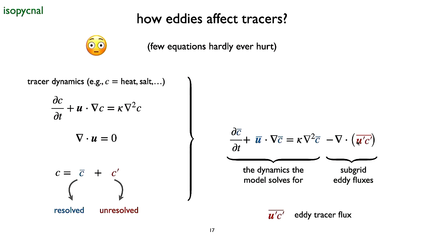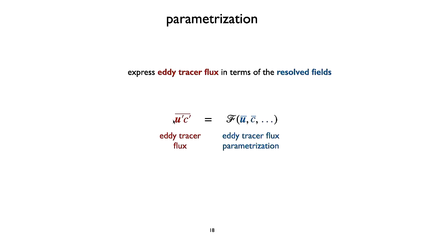So if we had a model that had 1 millimeter resolution, it would also solve for this, and all right, everything will be great. But usually we don't have this. So what we should do, because if we just ignore them, it will be wrong. Okay. So what we want to do is to somehow parametrize them. So somehow write this bit that we don't know as a function of the things that we know. Okay, that would be great. If we can do that, and that would be an equal sign, it's great. Then we plug it back in, and then we don't need the red things, right?